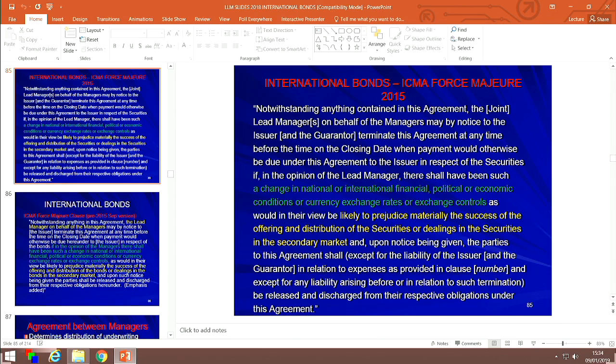It's that reputation which is far more important than the legal jargon here. So yes, it's there, but never used because the reputation is far more important for a lead manager. So that's essentially what the guts of the subscription agreement is. There's not much else apart from the usual enumeration of commissions, who gets what, when, etc.